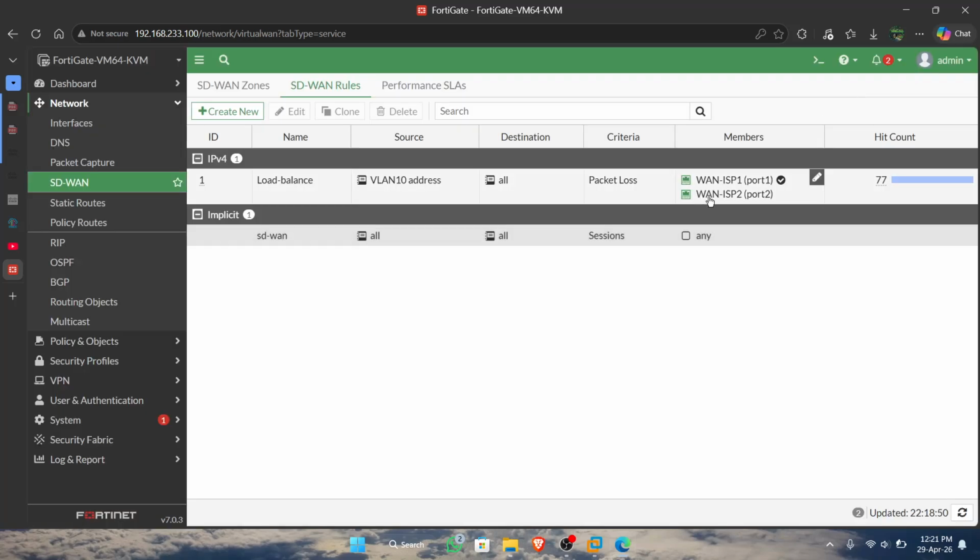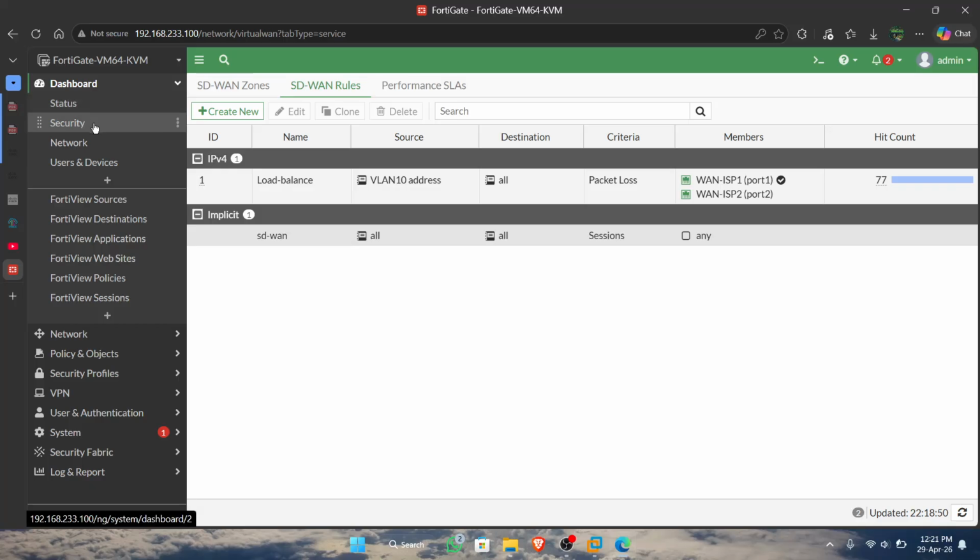Maybe this is the basic configuration for SD1, and we practice load balance for VLAN 10.